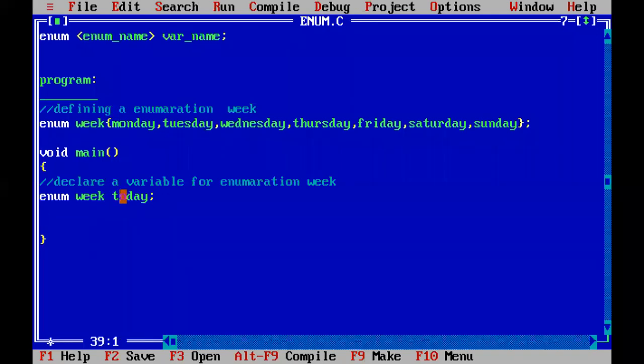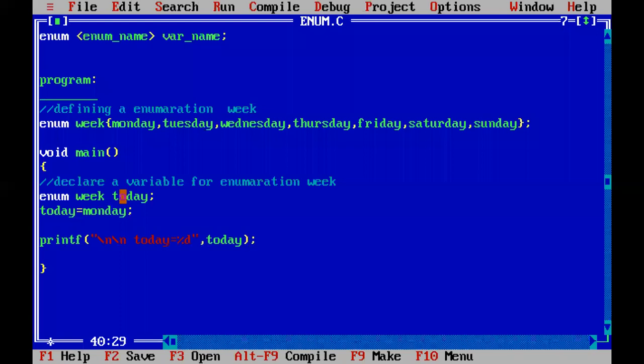Next, if I assign today equal to week, then what, equal to Monday, and use printf in between double quotation, two new lines you can take. Today equal to percentile D, and replace the percentile D with today.